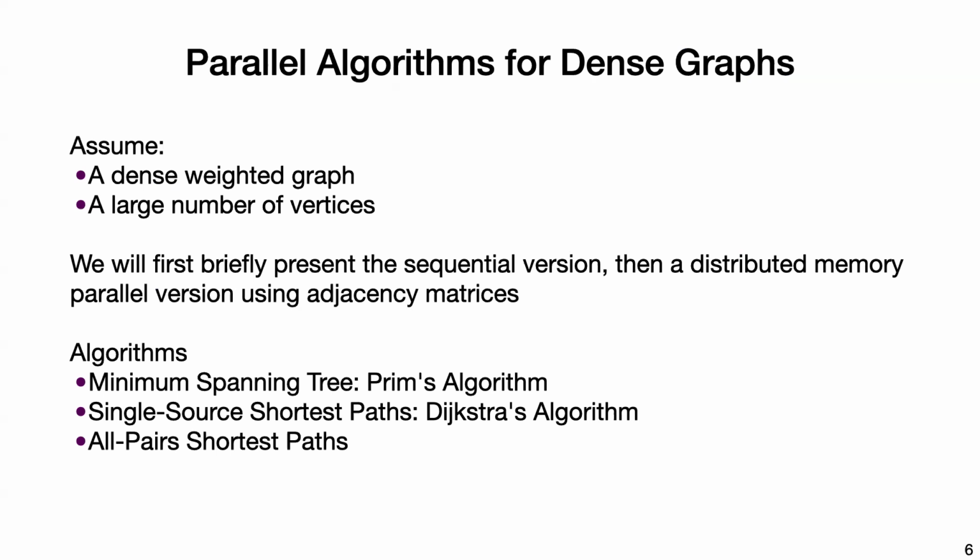We could even on our own figure out how to do the parallelization. The algorithms are these basic classical algorithms: minimum spanning tree based on Prim's algorithm, which is a classical algorithm for MST, Dijkstra's algorithm for single source shortest paths, and all pair shortest paths, which are just basic graph problems that you may have learned in your algorithms class. Questions so far?